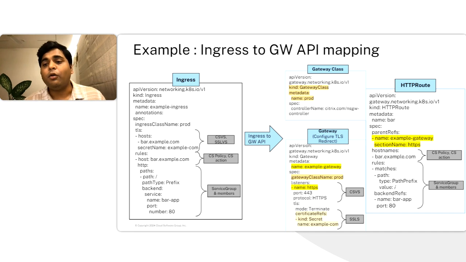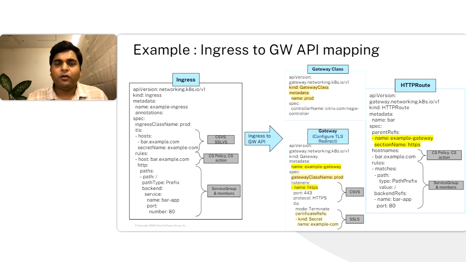And then comes the HTTP route, which takes the logic of the backend of the proxy, or the NetScaler, where you would define the application details. What is my application, on which path I need to expose it, what is the port for which I should expose that, what is the host name, how do I access that from the internet. All those capabilities we would add into the HTTP route. And if you notice, there is a link between gateway class, gateway, and HTTP route by the parent ref. So this is what I tried to get for you. I believe the community is also writing an Ingress to Gateway tool.